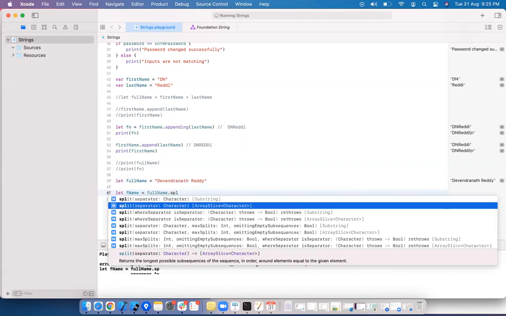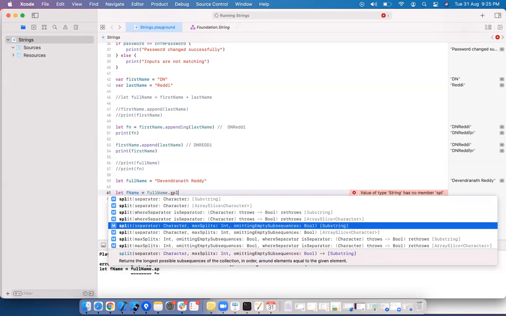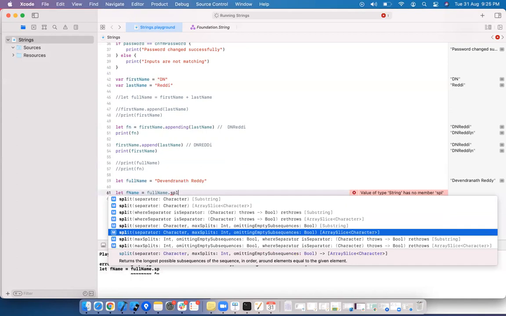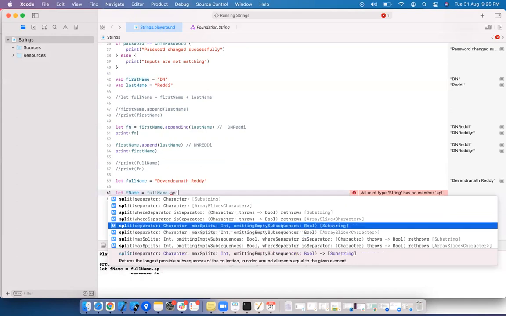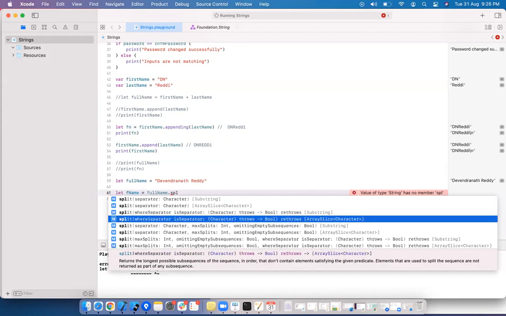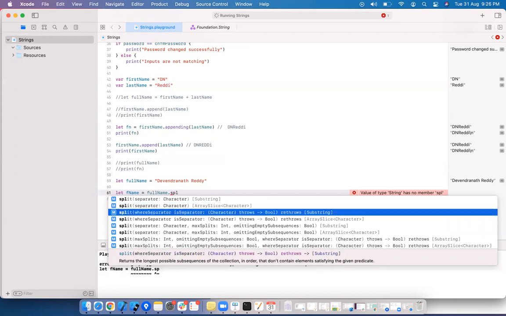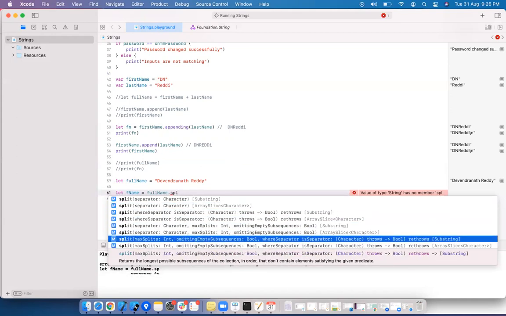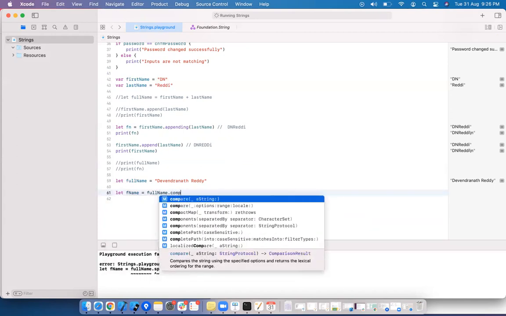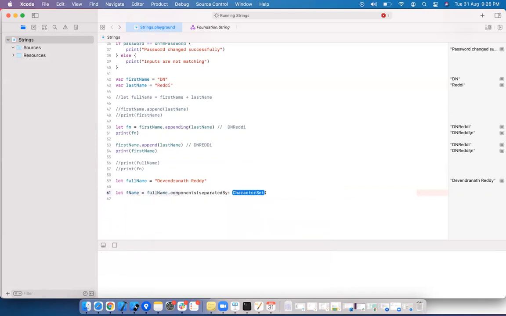The second method is again expecting a character. What we want is an array of strings as output: components separated by a character.